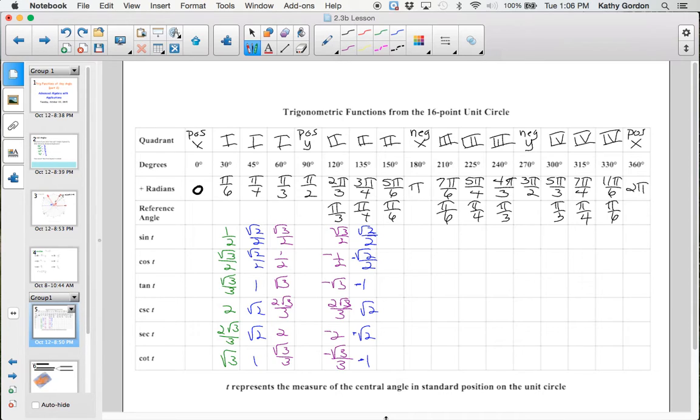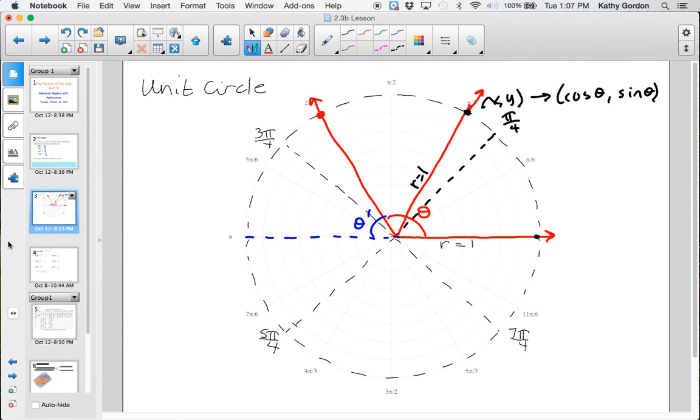Okay, now let's go back to pi over 2. That one's a little bit strange because it's right on an axis. And when we were doing right triangles, we never found our trig functions for 90. Okay? So for this, we need to go back to our picture for a second. If I'm talking about an angle,